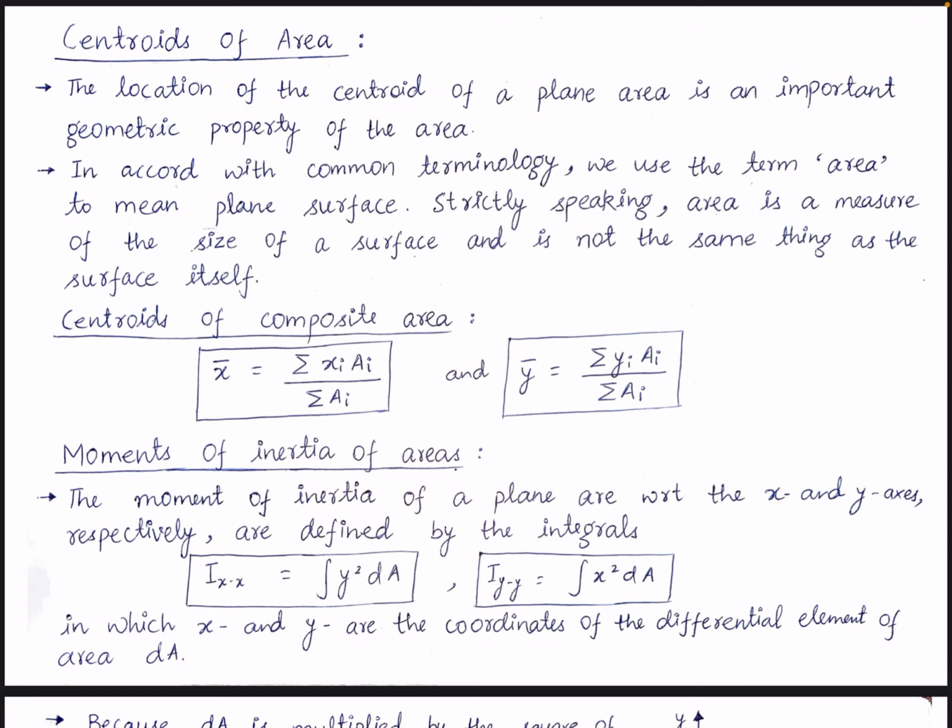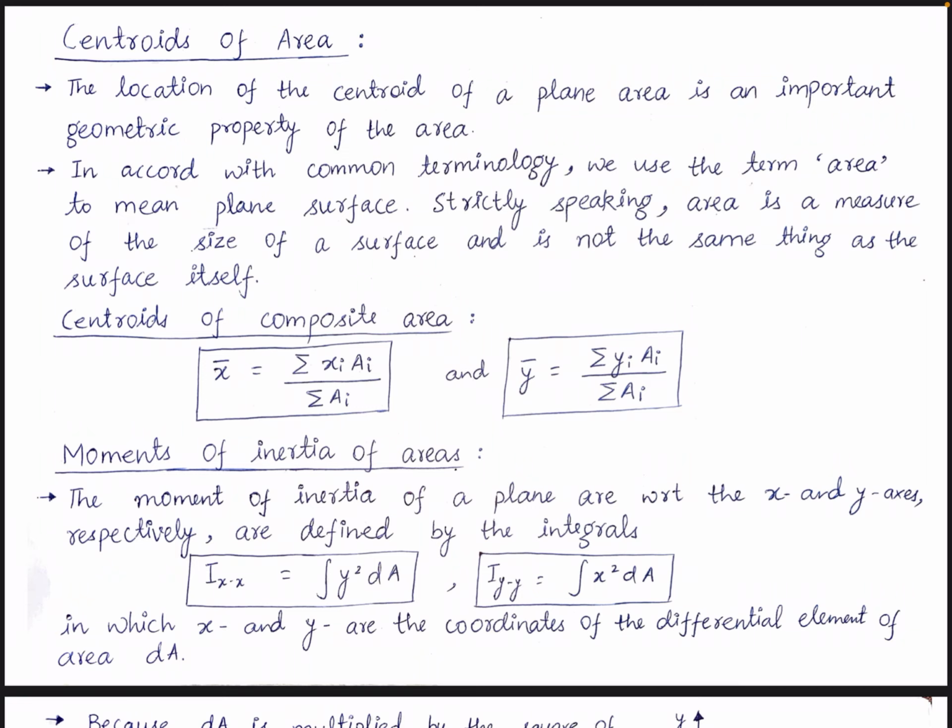So till now we have seen the centroid and center of mass. Now in the designing problems, major civil engineering problems, we will be dealing with the centroid of the cross-section area, because mainly for us the strength is coming from the sectional modulus. So we have to check the centroid, and further we have to check the moment of inertia of the section. So it is similar to center of mass only. So let us see what is centroid of the area.